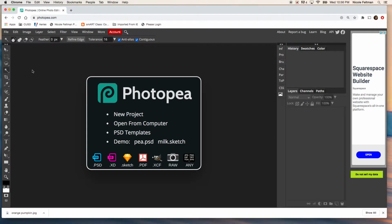Hello, in this video I'm going to demonstrate how to open an image in Photopea, turn it into black and white, and then add color to just one part of that black and white image. First you're going to start by going to photopea.com, and once you have the editing program open in your browser,